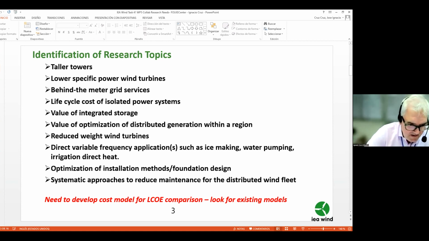Some activities related to this have already been done for small wind turbine manufacturers all over the world. But I think that maybe standardization in order to reduce the cost, standardization